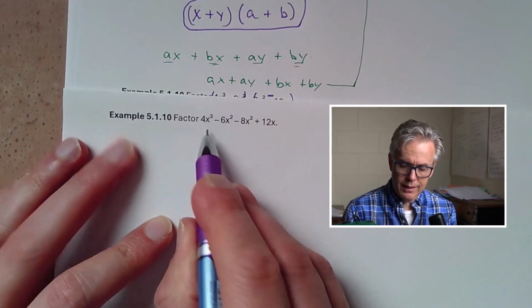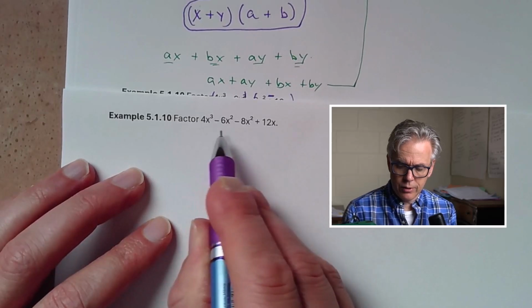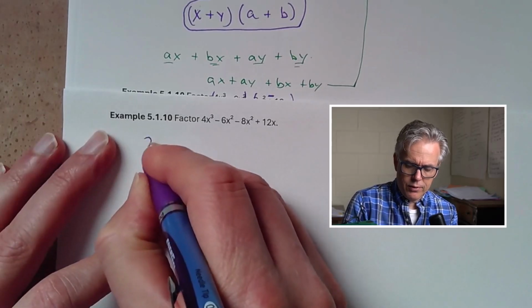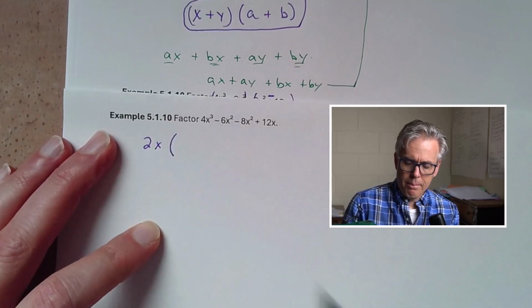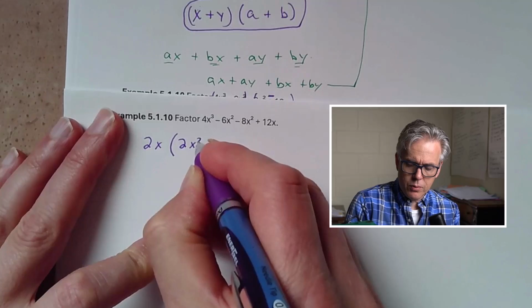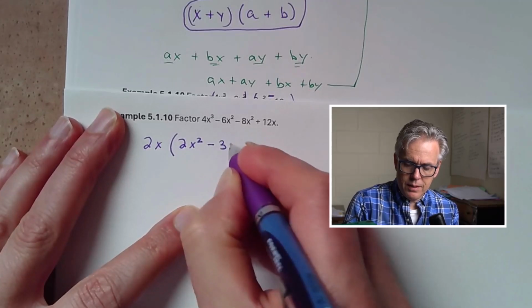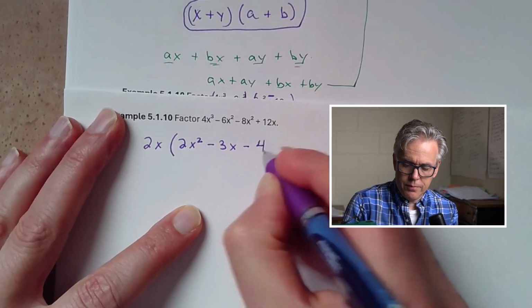I can pull out a common factor of 2 goes into all those, and so does an x. So if I pull out a 2 and then an x, what am I left with? I'm left with 2x squared minus 3x minus, let's see, 2 goes into 8, 4 times 4x